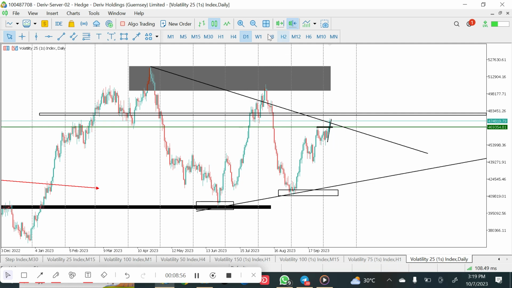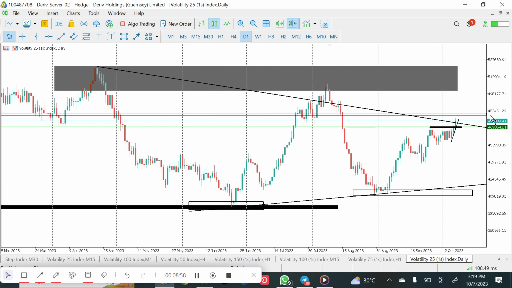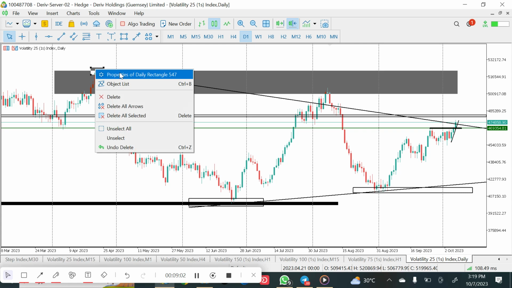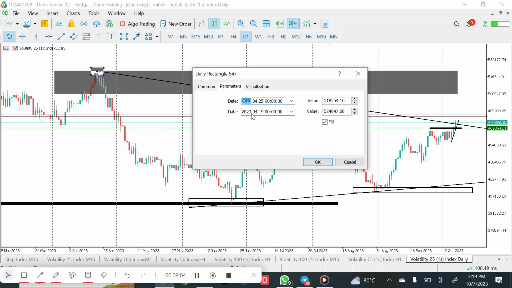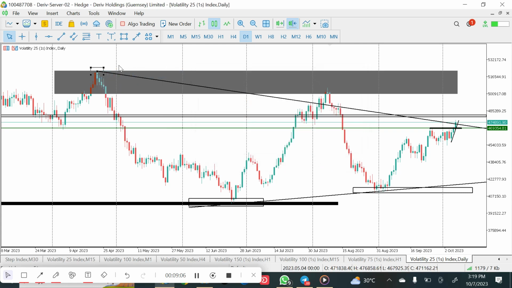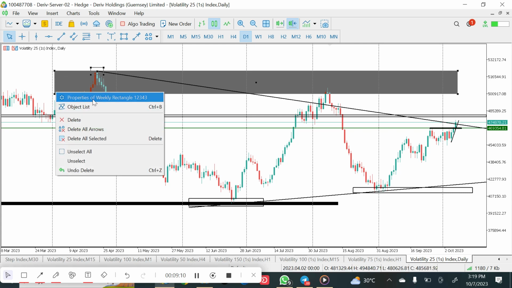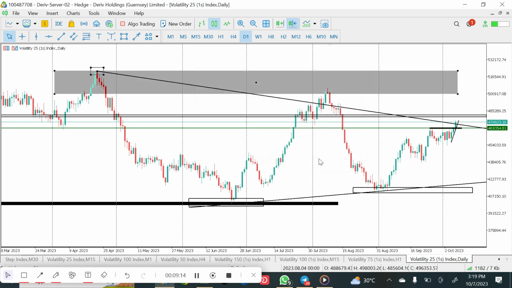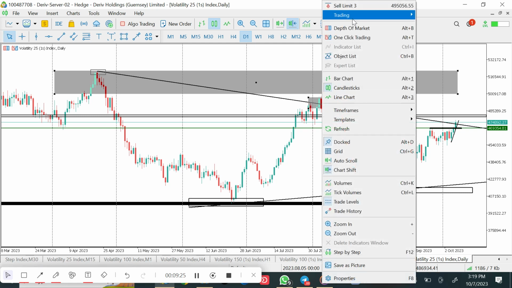On the daily, we could see that we had this touch, the trend line beginning from this zone. That was the first touch of the trend line. Let me make this a bit lighter, cool. So we had the first touch here, and then we had a second touch here which price actually violated,